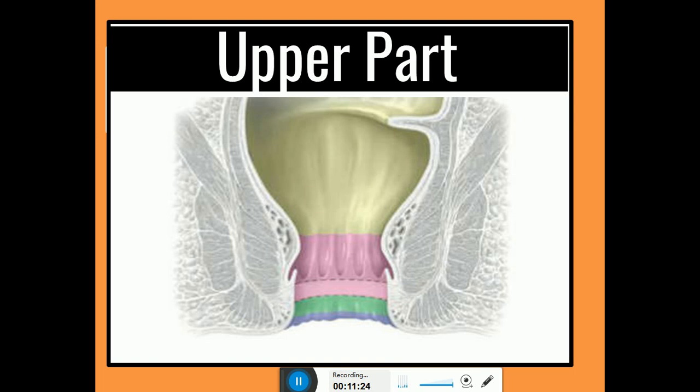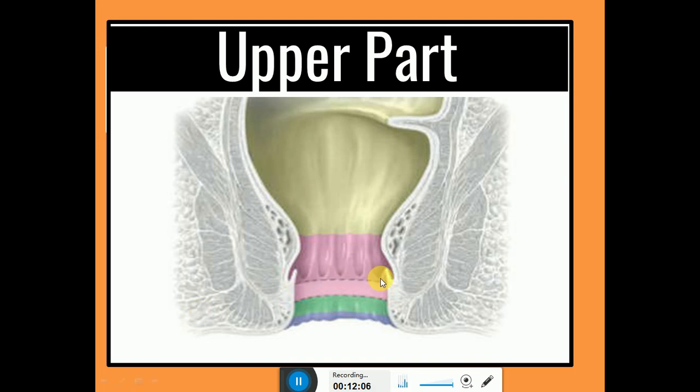So we have seen here the features of anal canal. I forgot to tell you the length of upper part of anal canal. It is 15 mm long. And one more thing, it originates from endoderm of hindgut. So it has different features as compared to the lower part. Three things which are important you should know are anal columns, also called columns of Morgagni; second, anal valves, the crescentic folds, called valves of Morgagni; and anal sinus.